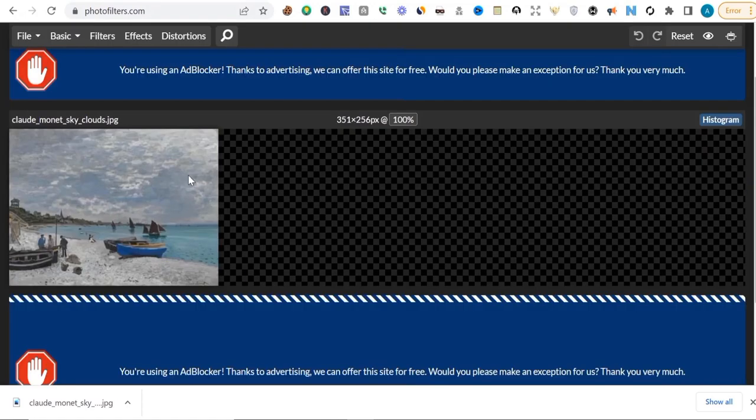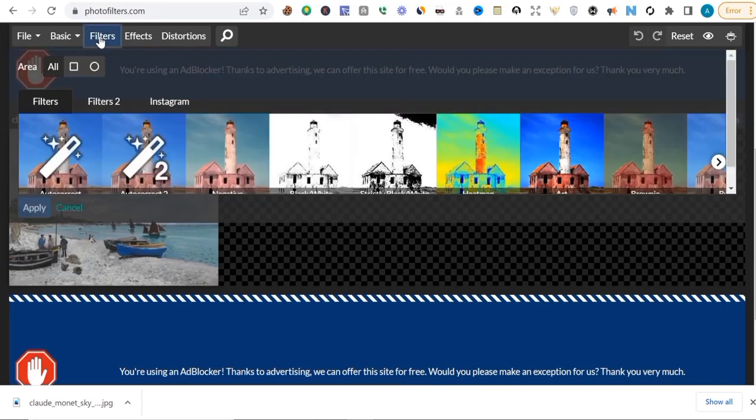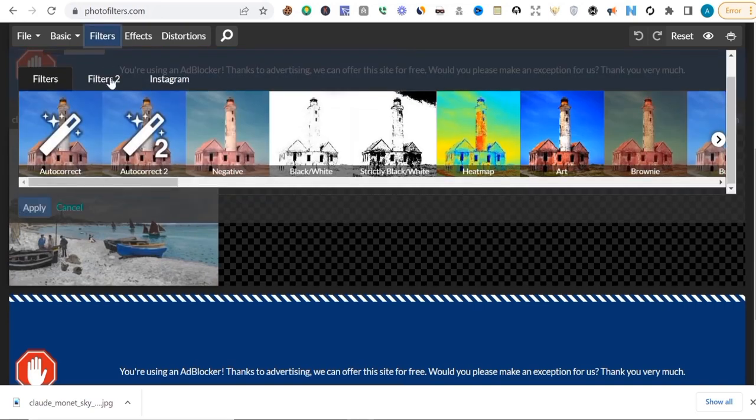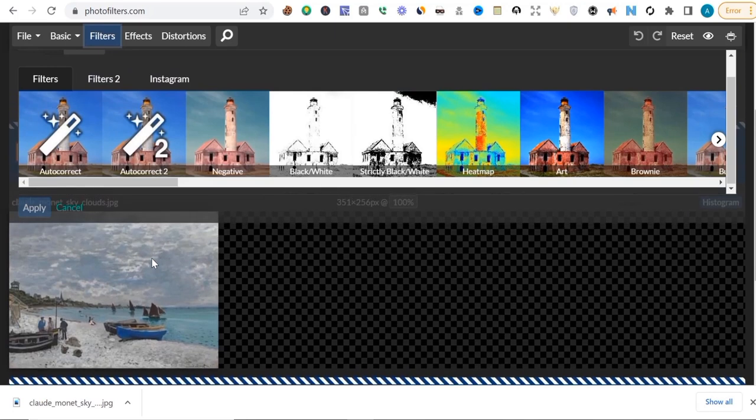When this image is uploaded, the next thing you want to do is go to this tab called filters. In filters, you can see the auto. You can see autocorrect 1, autocorrect 2, and if you click on autocorrect 1, you will see the effect on the image. Let's go down a little bit and see the effect. You can see the image is a little bit dull, but click autocorrect 1, you see it brightened. If you click autocorrect 2, it becomes brighter. But right now let's go with autocorrect 1.